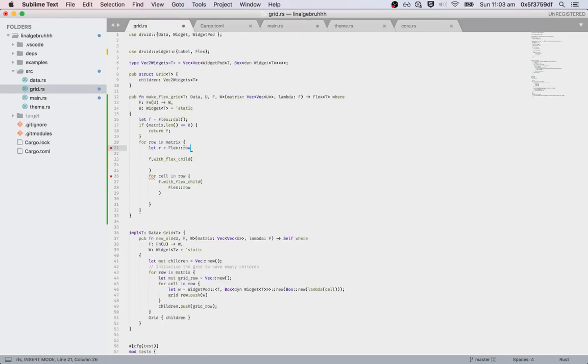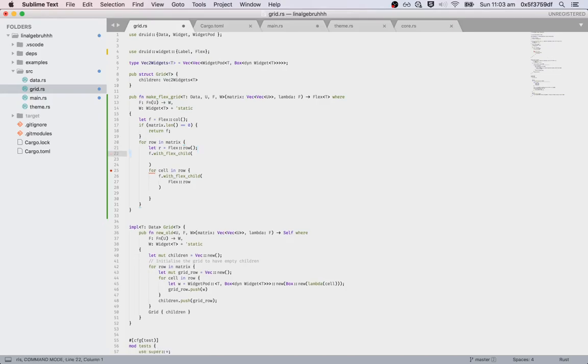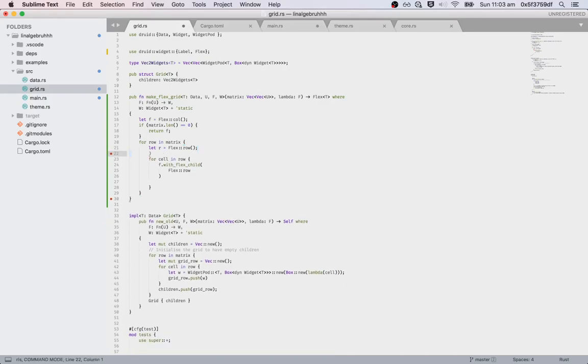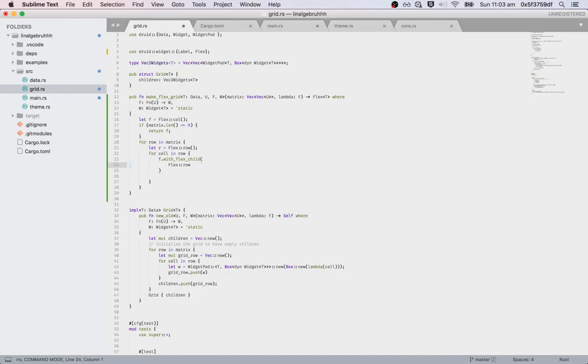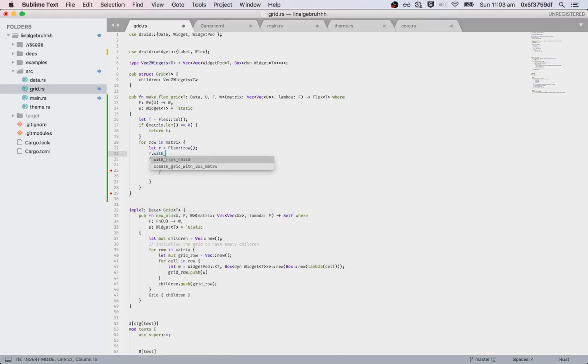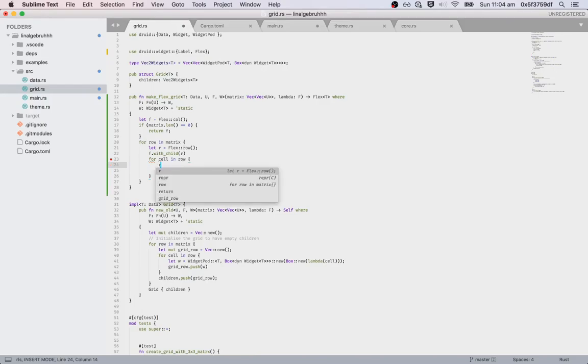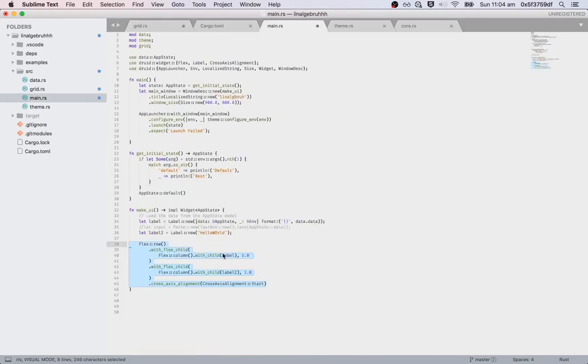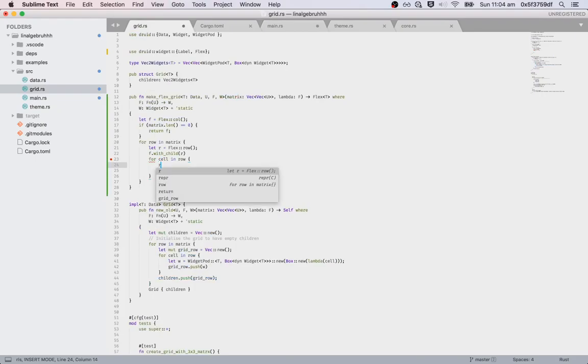And then we want to do that. So it's a new one of these. And then, yep. And then in here, we want to then with child this row. Sorry, f dot with flex child. I'll just do this for now. And then this row, we want to add the with child label. So